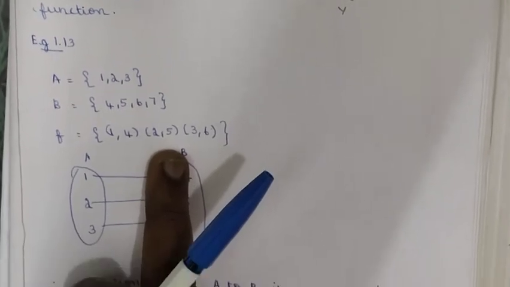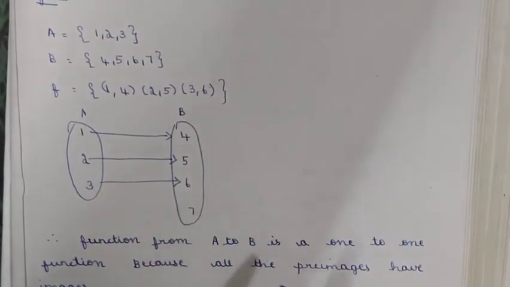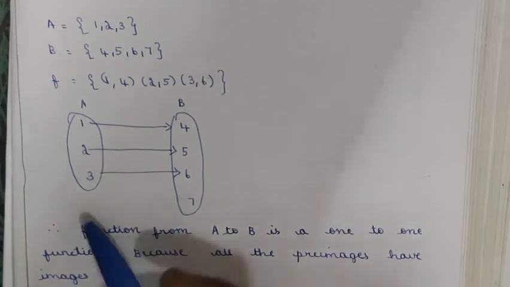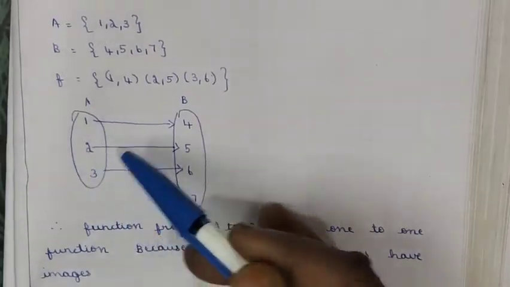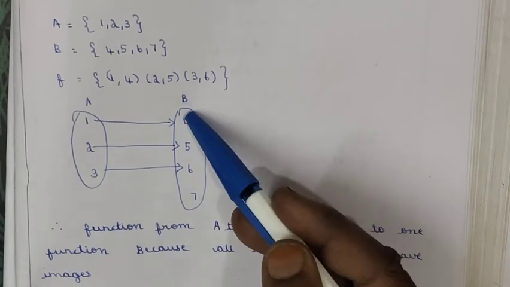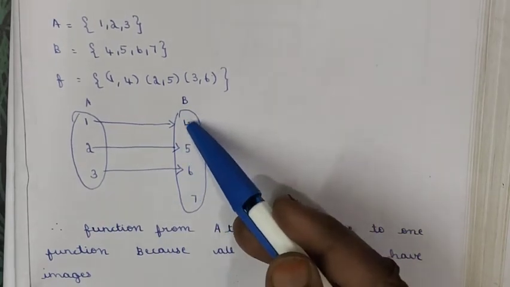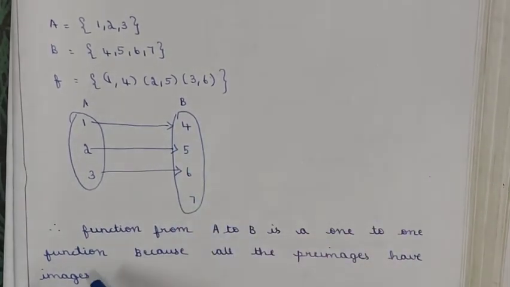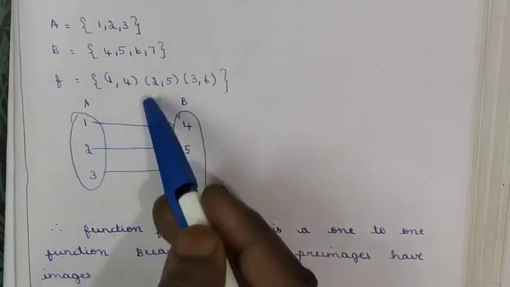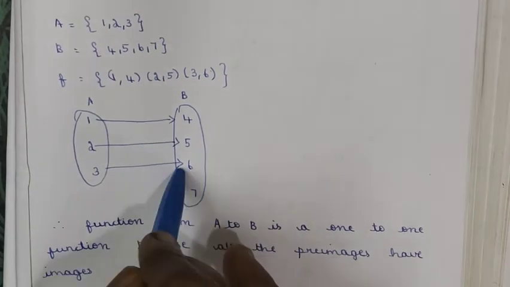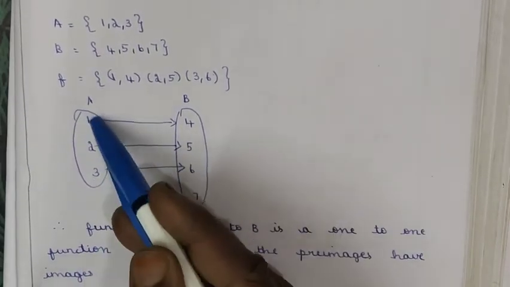In order to find whether it is onto or 1-to-1 function, better you draw an arrow diagram. List out all the elements of A in the first set, list out all the elements of B in the second set. Okay, now draw the relations 1 to 4, 2 to 5, 3 to 6. Now here all the pre-images have